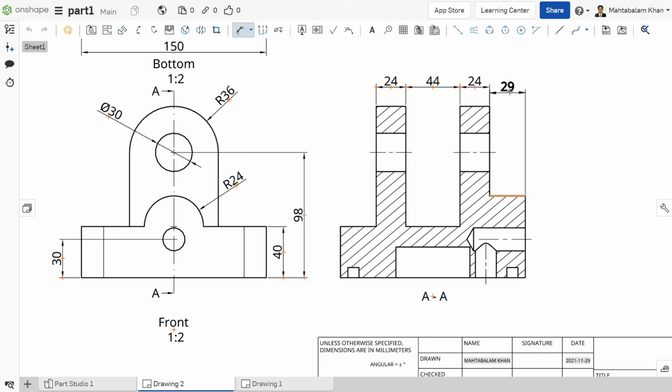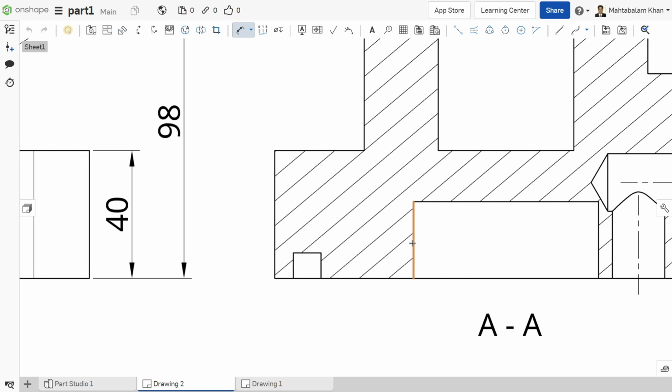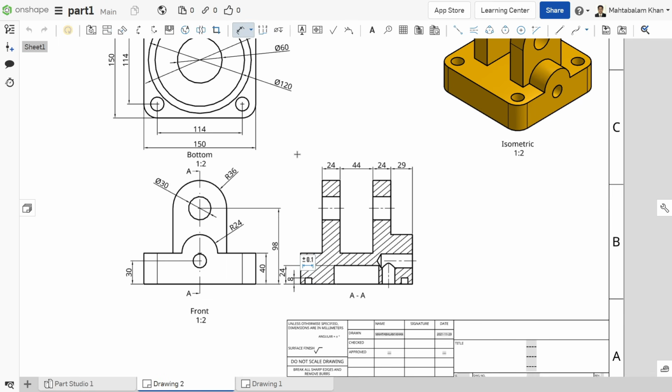Okay. Now here the dimensions are okay. Let me apply this depth. Escape key to get out.